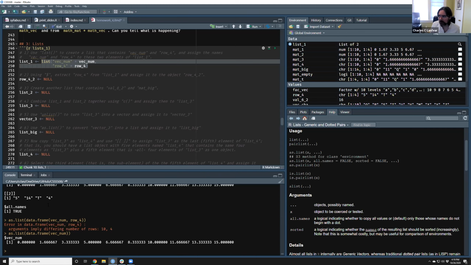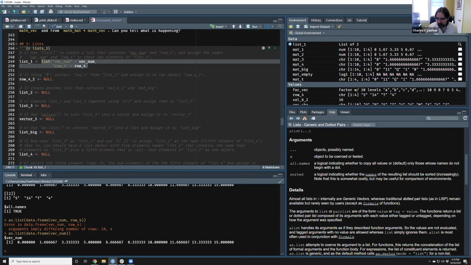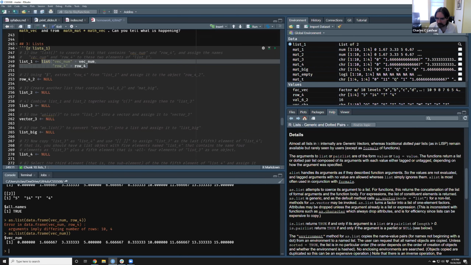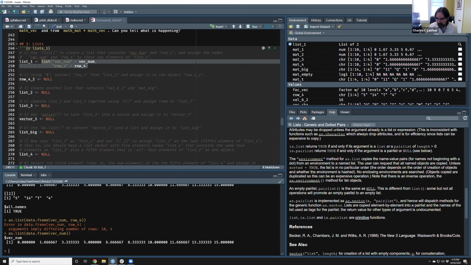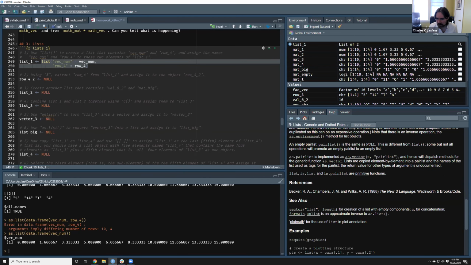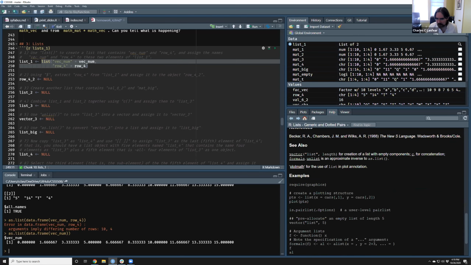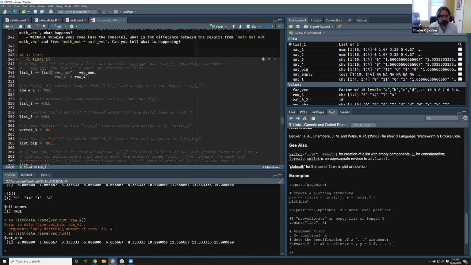I don't know of any way to make list grab the original object name. Kind of weird. Strange. Yeah, nope. Doesn't do it.